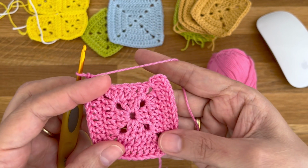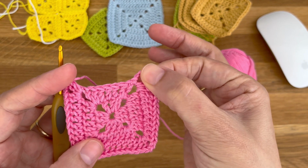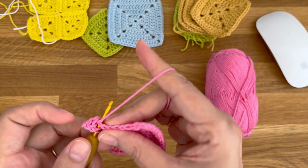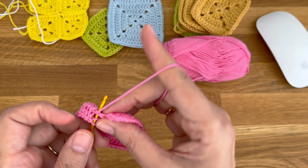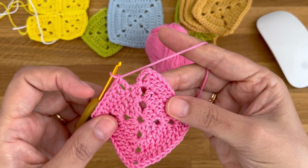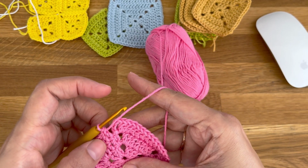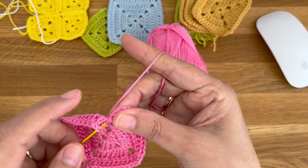And now I'm at a point where I only have to complete the last side of my square and the first corner where I just started. So 7 double crochet and 1 more double crochet into the first corner space to complete my corner. I strongly recommend that you stop the movie and re-watch it over and over again, because this is the best way to learn when you're just starting to crochet. So 1, 2, 3, 4, 5, 6, 7, and I have my first corner space, so I will add 1 double crochet into my first corner space,